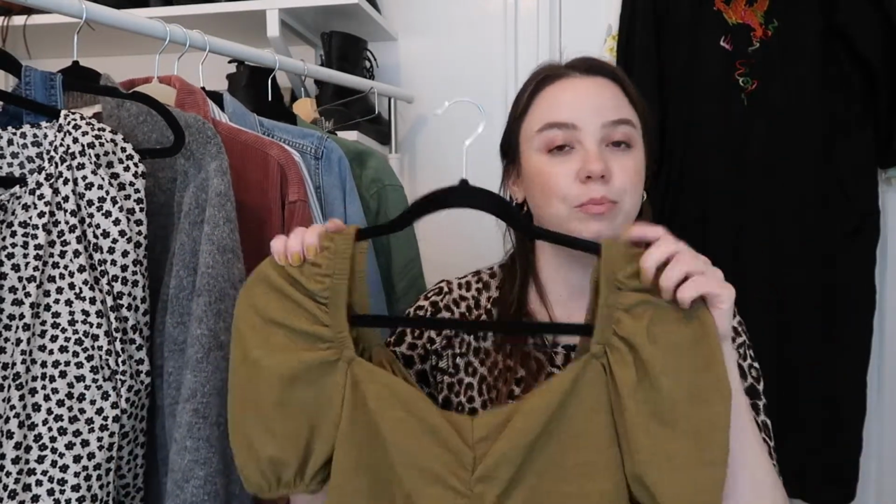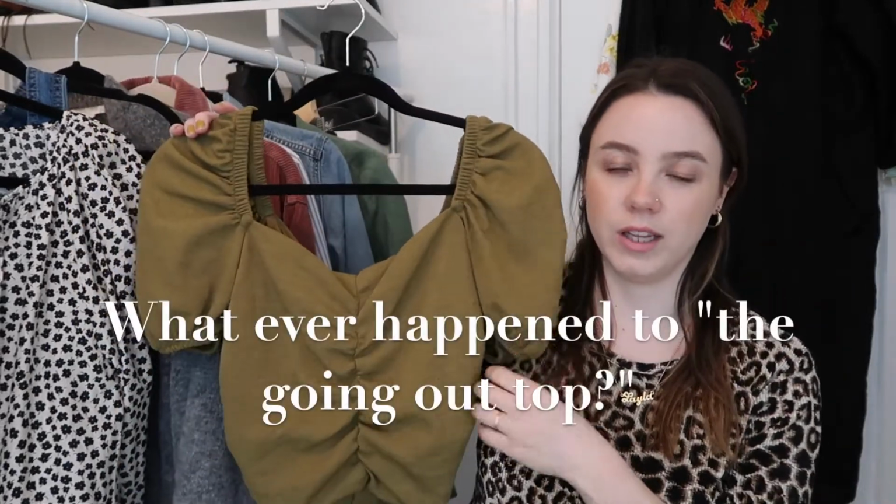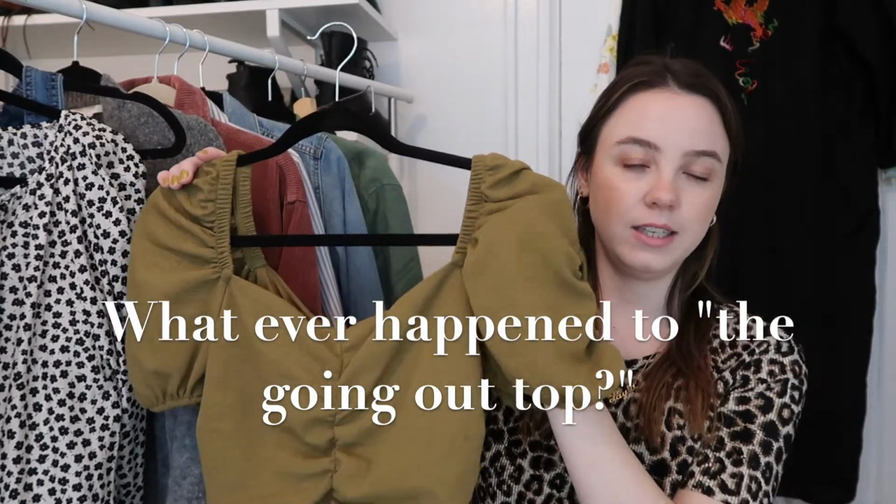Another item is just a fun little blouse of sorts. I really love this one from H&M. I got it last year. Just a puff sleeve situation. Puff sleeves are going nowhere. Ruching is huge this spring and summer. I'm seeing it all over the place, and ruching is just